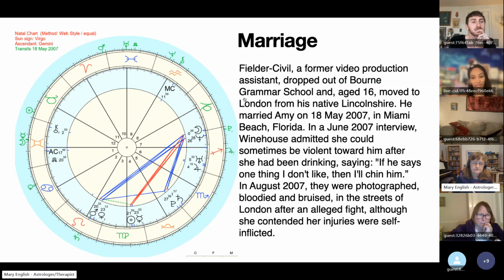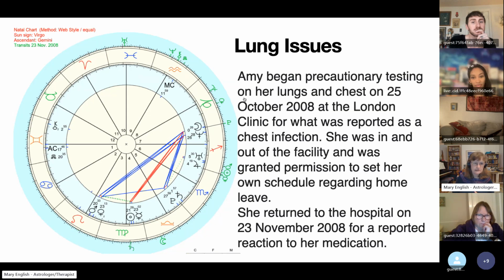Now we've gone forwards in time, so that's 2007. We're now in 2008. She gets various different things wrong with her. She's been in and out of rehab. The major thing, and the reason I've pointed this out, is the lung issues, because of the Gemini ascendant. Gemini rules the lungs. So Amy began precautionary testing on her lungs and chest on the 25th of October 2008